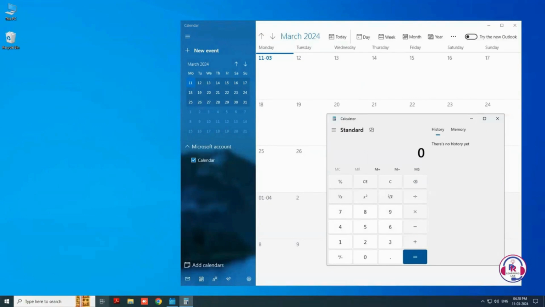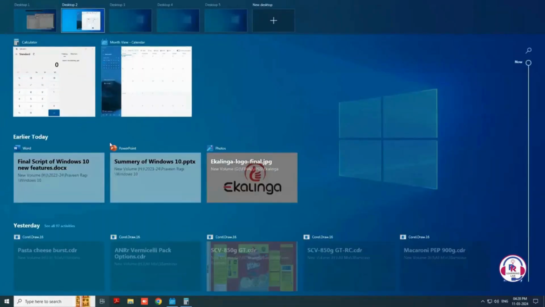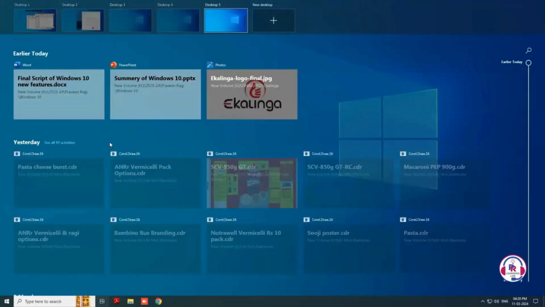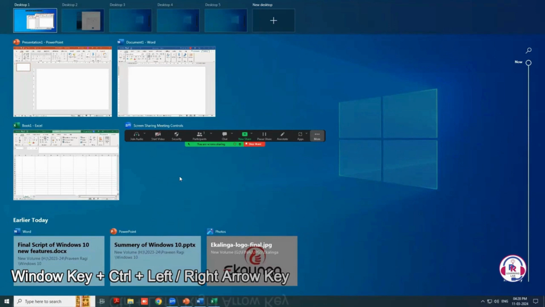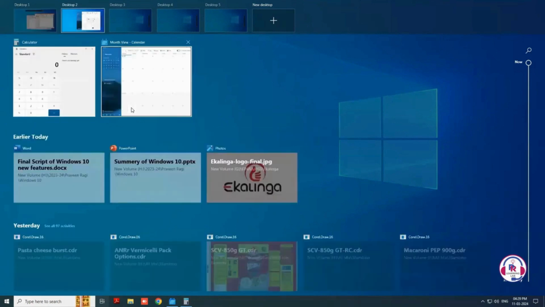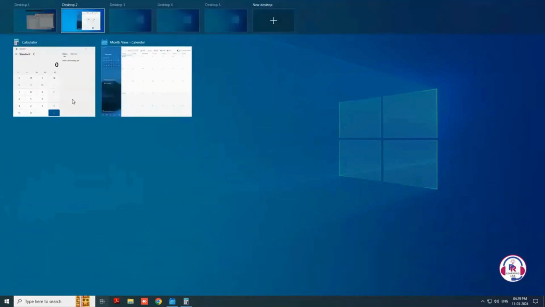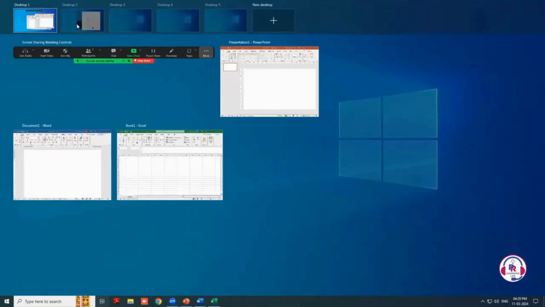To switch desktops, press Windows key plus Tab to open Task View, then click on the desktop containing your document editing applications. To switch between virtual desktops, you can use the keyboard shortcut Windows key plus Control plus left or right arrow key. Alternatively, you can use Task View to select the desired desktop. For example, if you want to switch to the desktop containing your calendar and calculator, open Task View and click